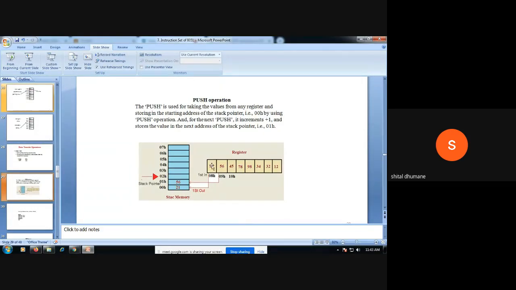Okay. So here first in first out. Your first data 21H from 08 will get stored at 00H memory location of your stack. After this, your stack pointer will get incremented by 1. It becomes 01. Then your next data 56 from 09 will get pushed to that memory location 01H. So this is the first in, first out of your push operation. For this, we can write the code for how this data will get moved from 08, 09 to the stack pointer starting at 00 and 01.